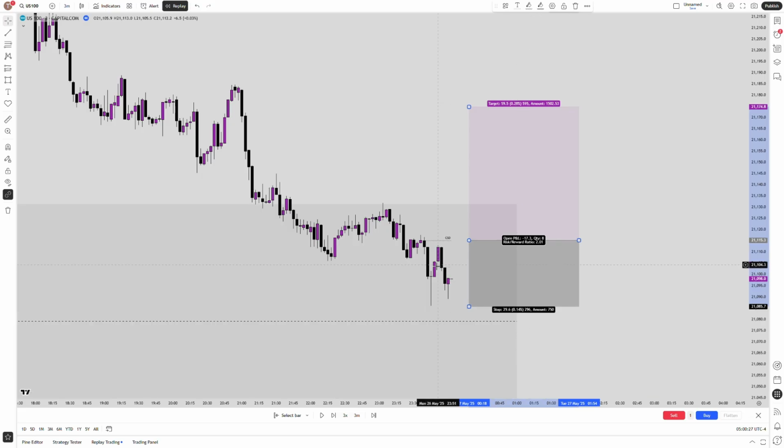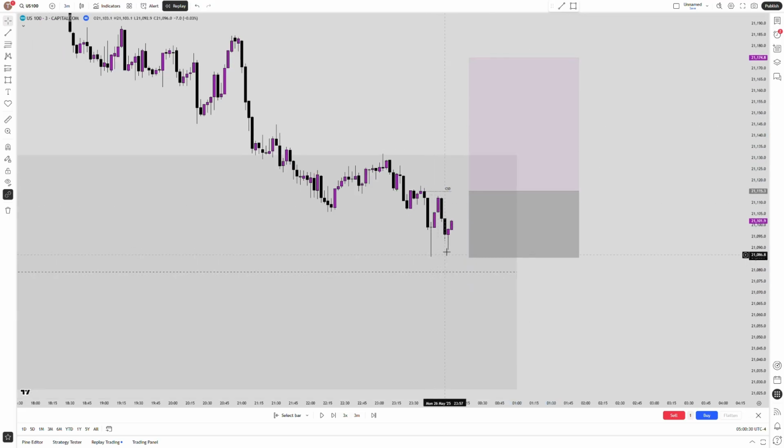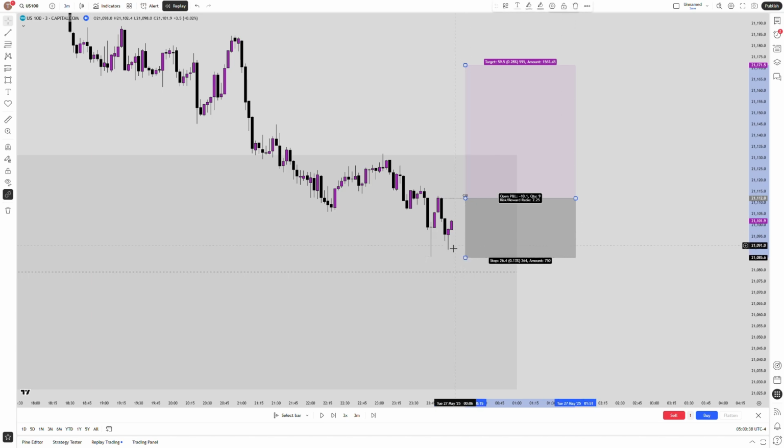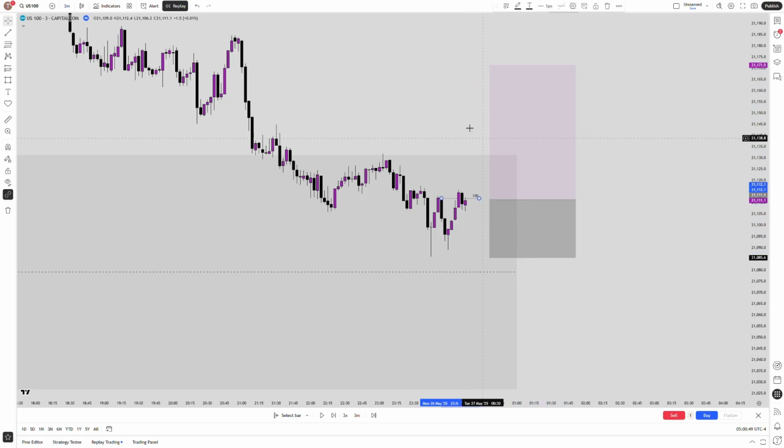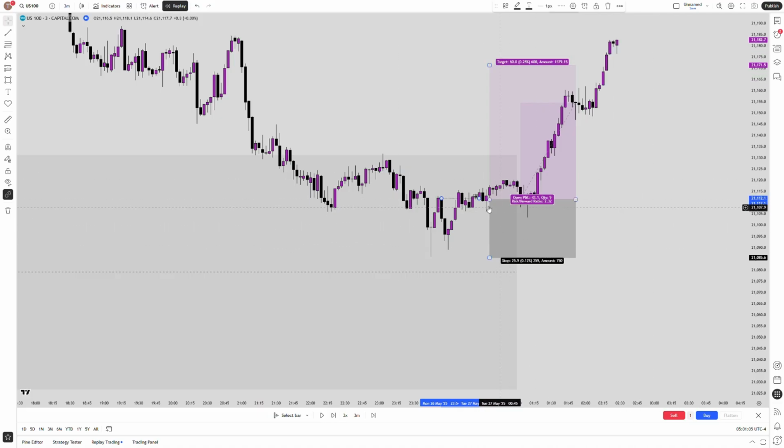We have that fair value gap, and we've just come below it. We have the swing failure. Now we have that high. This is going to be the change in the state of delivery if we close above that high. We're putting our stop loss a little higher. Let's see, we've closed, we've retraced into that CISD, and then we want to see price go above. Let's see what price is going to do. So we have just hit our targets. There you go, change in the state of delivery.